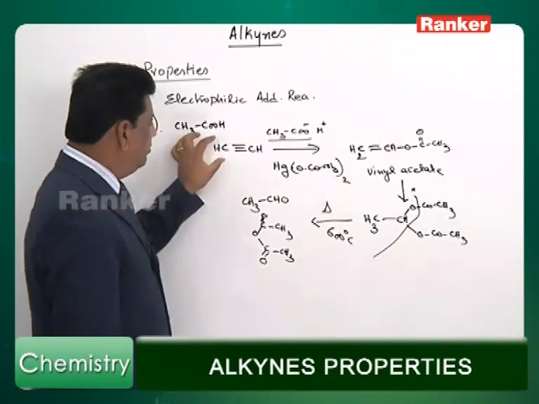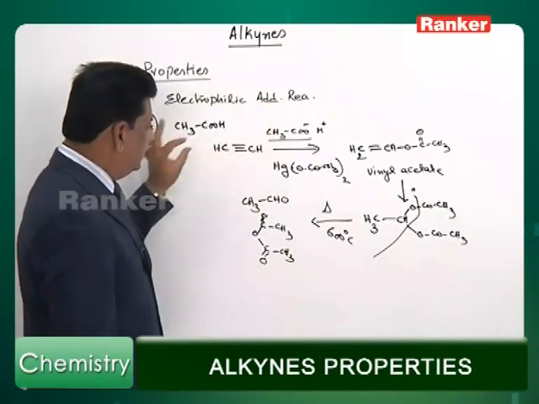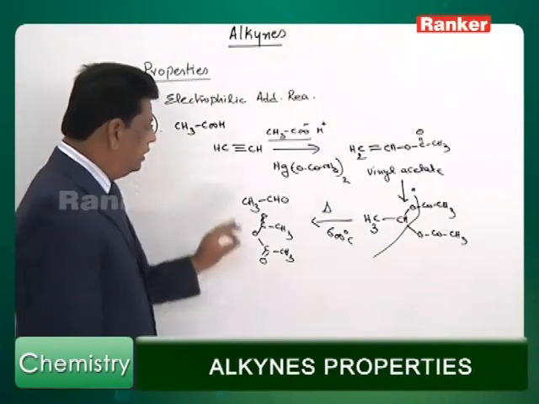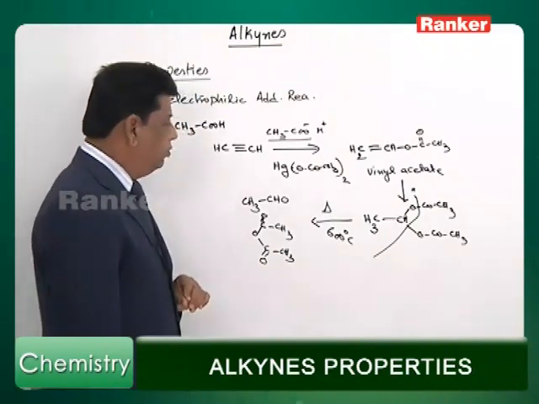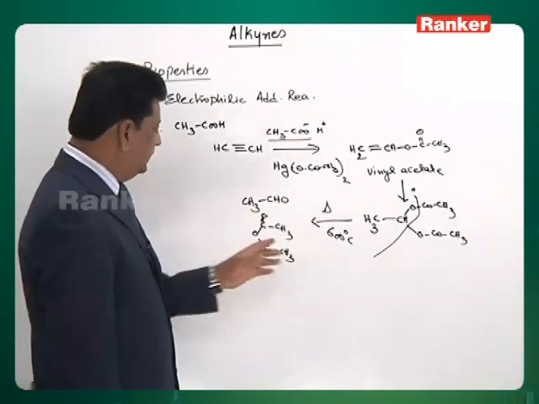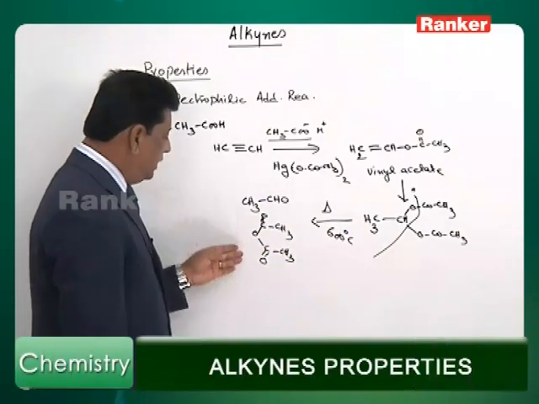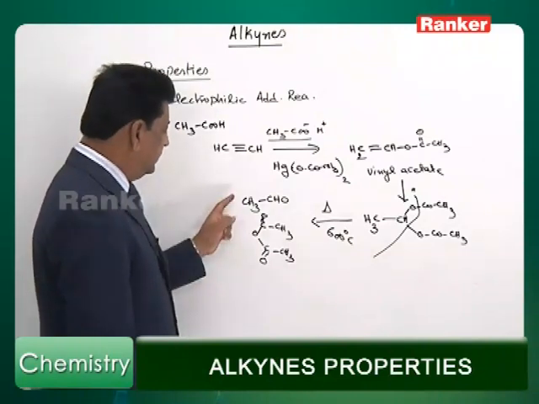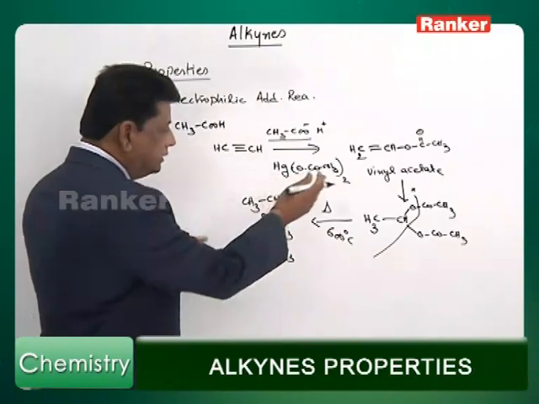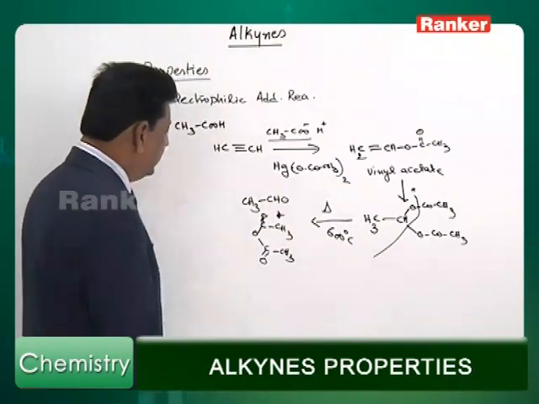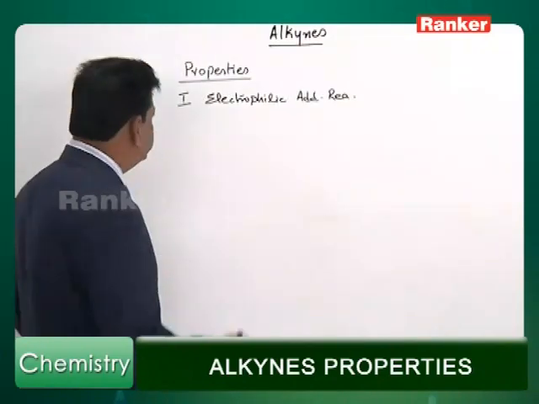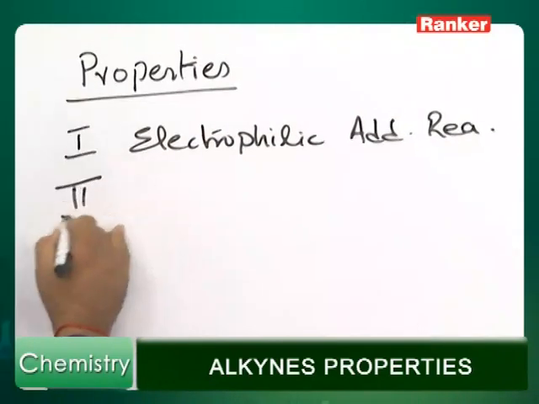Therefore, here a mixture of acetylene and acetic acid is converted to a mixture of acetaldehyde and acetic anhydride, both of which are industrially useful. So, decomposition of this ethylidene diacetate gives acetaldehyde and acetic anhydride. It breaks into 2 pieces, and then you will get anhydride and this acetic acid. Now, let us go for the second type of the reactions, that is oxidation of the